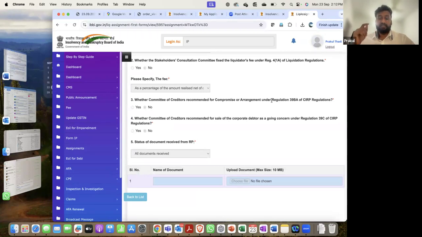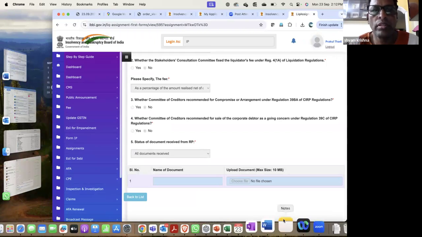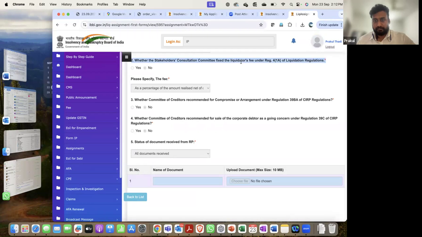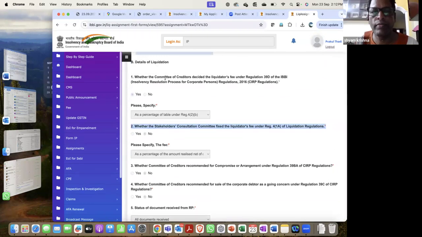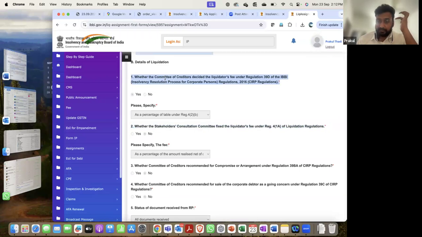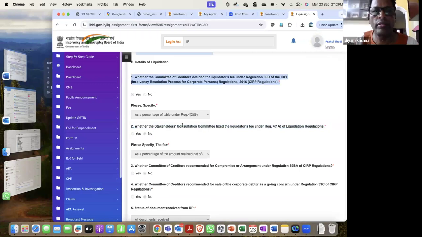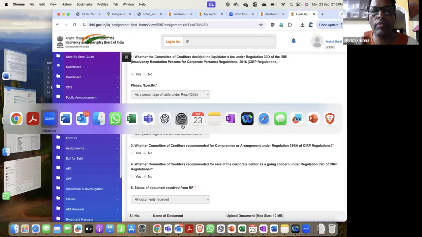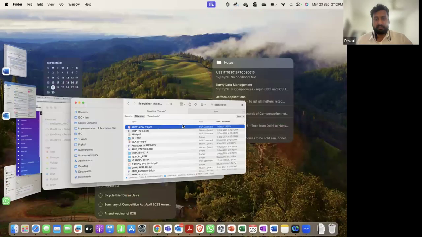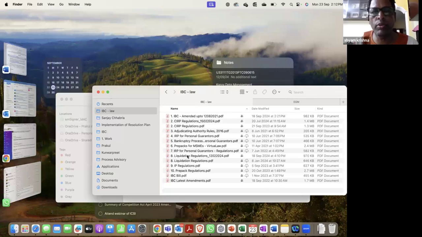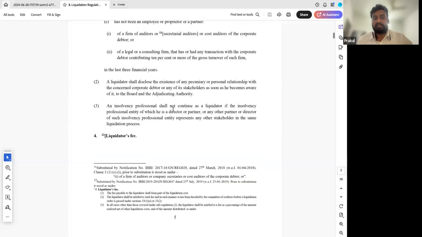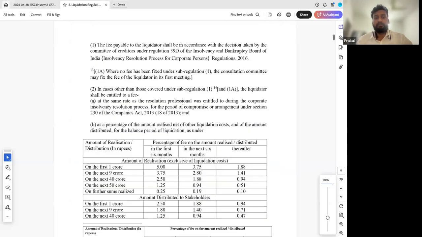So 39BA. Sir, a small question. Go ahead. If SCC has not decided, who will fix the fee? Actually, COC should fix the fee. If COC fails, and let's say SCC also fails, then by default the table will become applicable. You have chosen 42B, which means the table. Nobody has approved it? The table is approved in my case. It need not necessarily be the case that something else has to be approved. So in my case, the table is approved. If you see 42B,